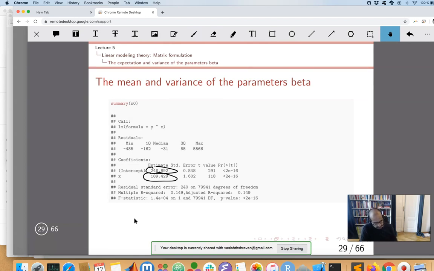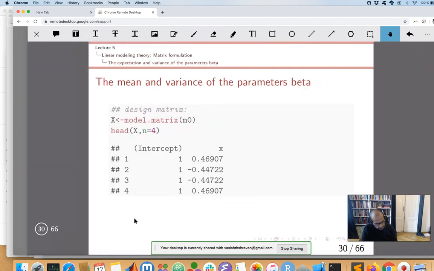That's what the model is telling me. Okay. Now, the model matrix X. Remember, in the matrix formulation, there is this model matrix X. How do I extract this model matrix from the fitted model? Well, I just use this function called model.matrix and the name of the model, and it extracts this X